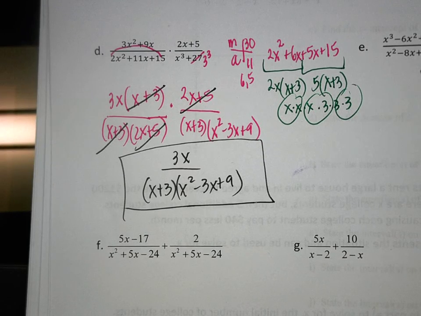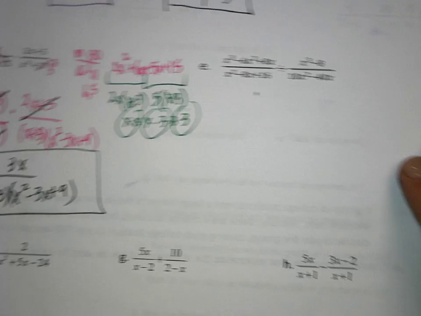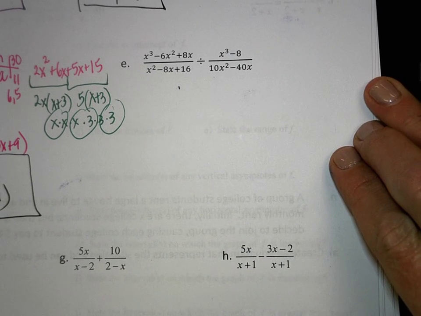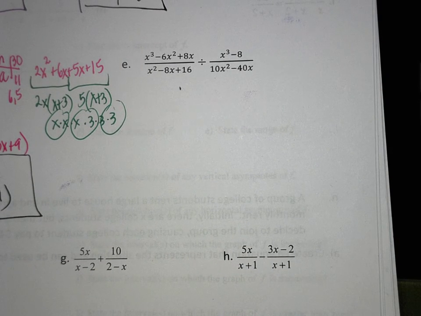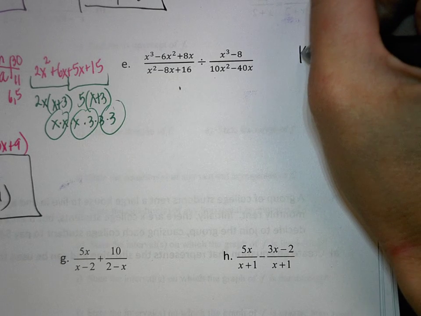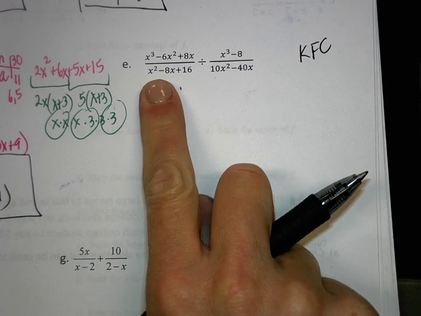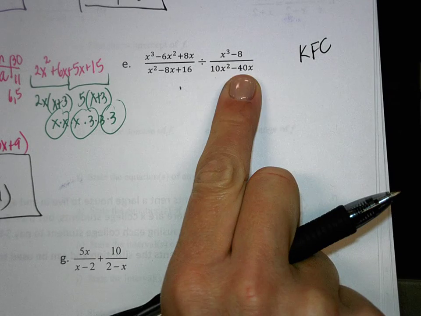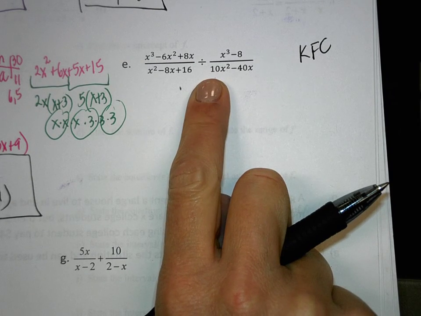Okay, so let's go to E. Let's try another one. This one, though, is what? Dividing. And when we have division, we need to flip it. So that's where our KFC, keep this one the same. Flip this one and change the sign to multiplication. So